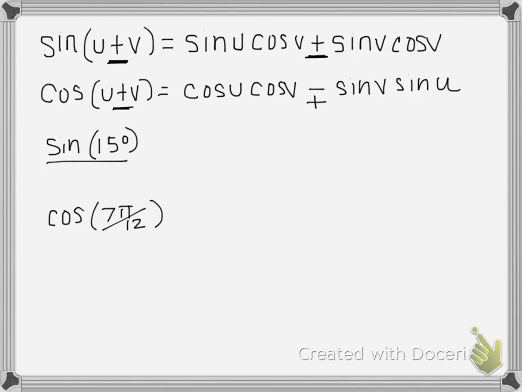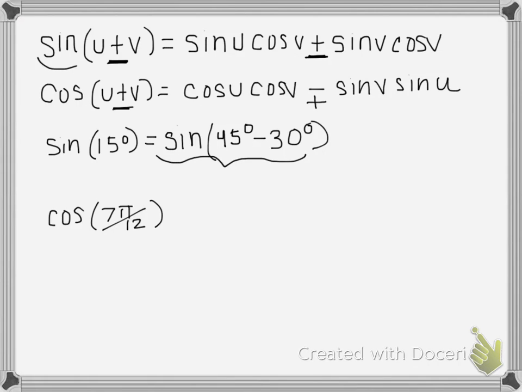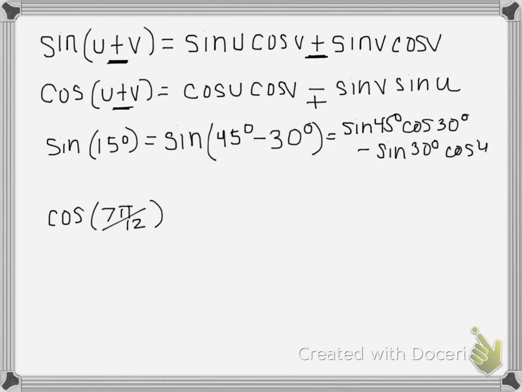So here I've got sine of 15 degrees, which you should know is not on our unit circle. So what would we be left with? We would have to enter that into a calculator. But using the sum formula, I can notice that 15 degrees is equivalent to 45 degrees minus 30 degrees. Now you might notice that I'm set up here in a position where I can use this sum formula. So let's go ahead and do that. I'll say that I have sine 45 degrees cosine 30 degrees plus, no, it's a minus because I've got a minus here. So it'll be minus sine